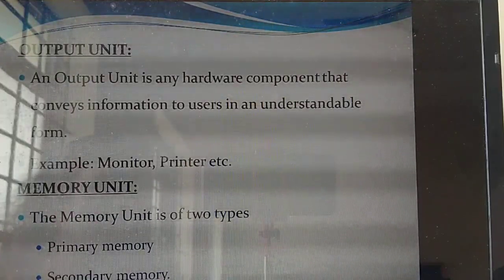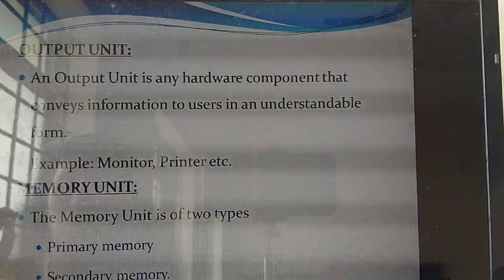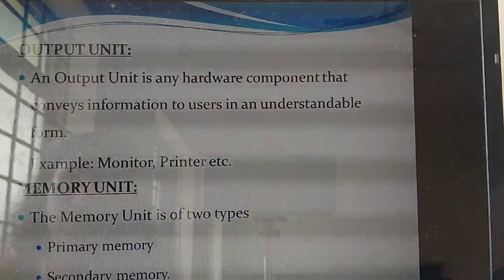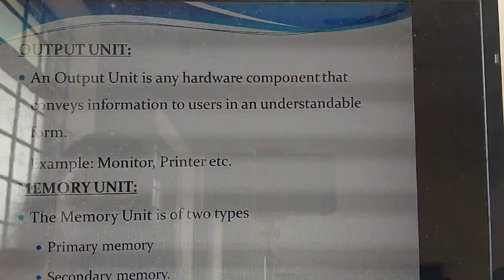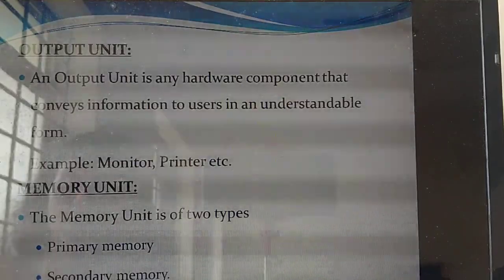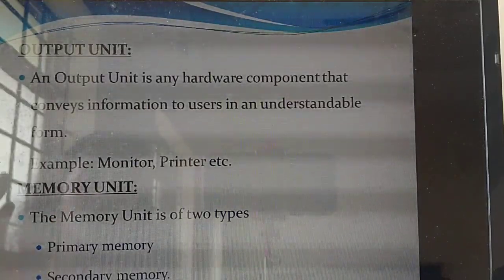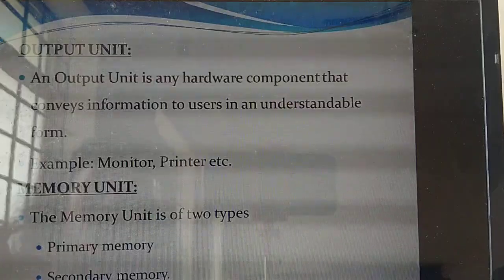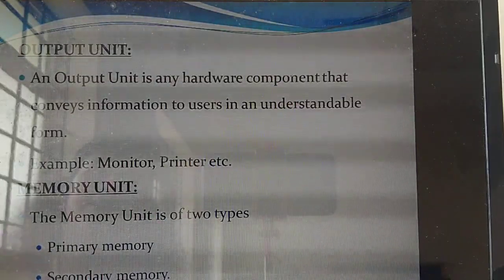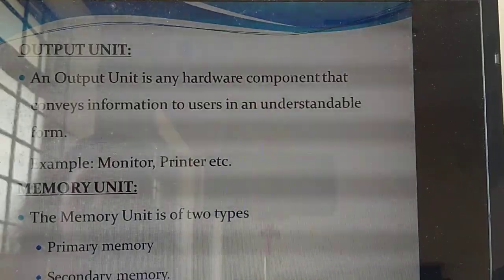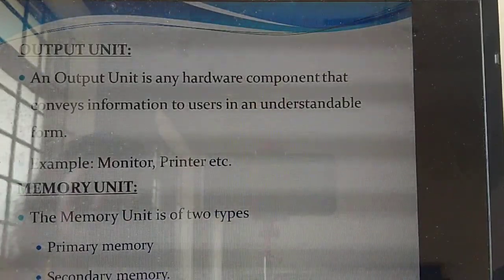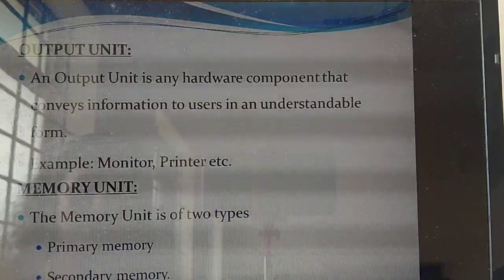For example, I am typing a question paper or notes for students. So I need to give a copy of the particular notes. If I have typed it, I will take a printout of that particular copy. So typing is going on inside the computer. Where have I taken the printout? In the printer. So which is the output unit? Printer. All the things you have seen in the model. So which is the output unit? Monitor.